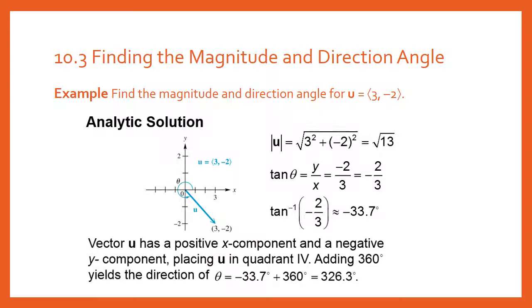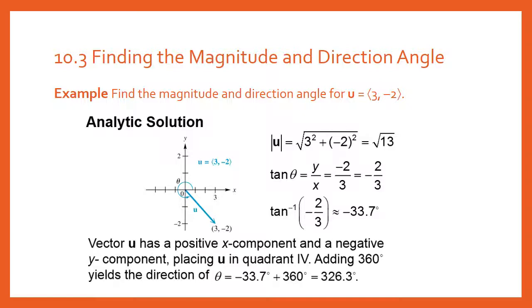Okay, analytic solution. What they did here is they graphed it. Notice it starts at 0, 0, it ends at 3, -2. And you can kind of look at that and figure out the angle. You can make a triangle and figure out the angle. You can use the Pythagorean theorem and figure out the